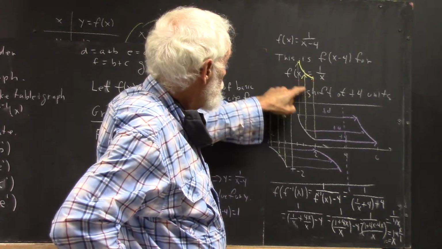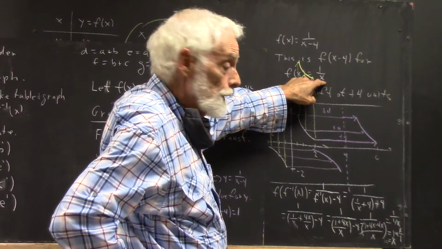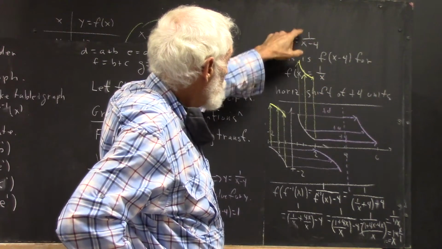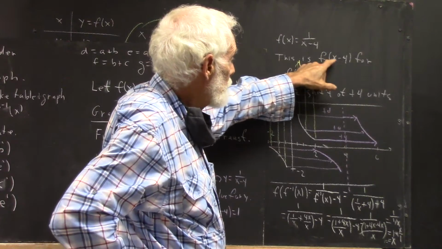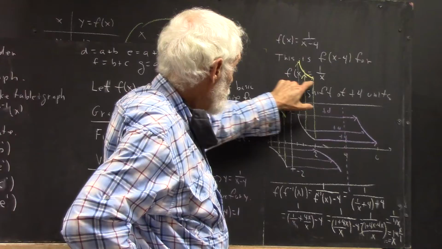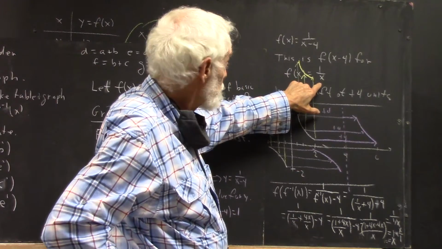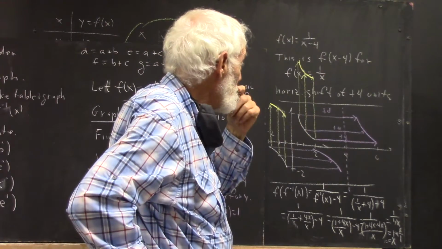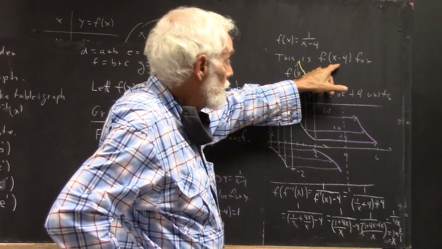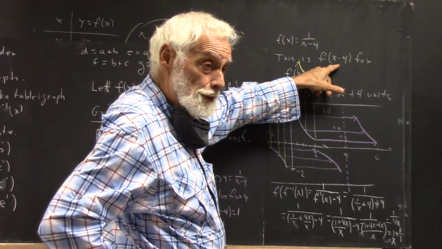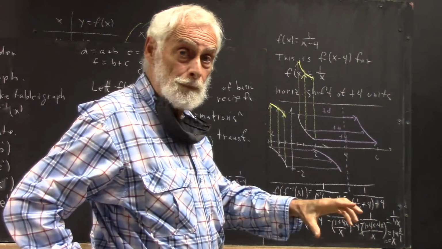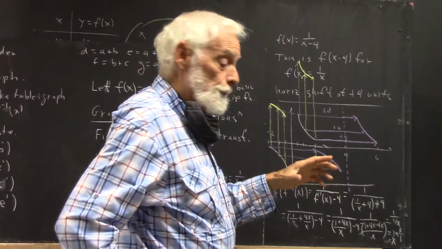Okay, well, if f of x equals 1 over x is your basic reciprocal function, then 1 over x minus 4 is f of x minus 4. Because you plug in x minus 4 in here, you get an x minus 4 for x. You get 1 over x minus 4. And also, for any function, f of x minus 4 is horizontally shifted 4 units to the right of f of x. This is because